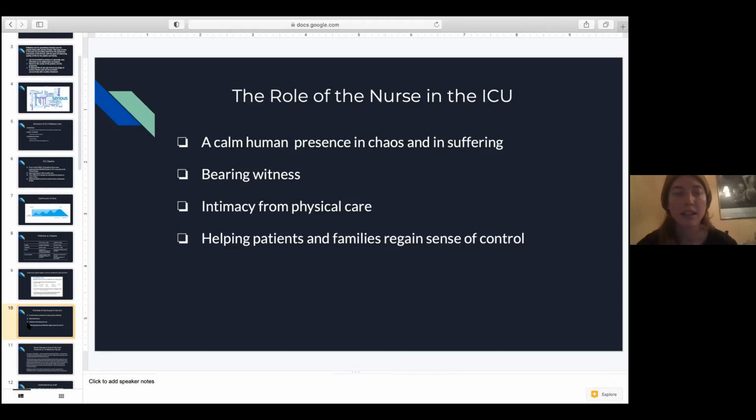So nurses in the ICU, this is in general. Besides charting and cleaning and administering medications, these are some primary roles that we do before we even engage with palliative care. So we become a calm and human presence in the midst of chaos and suffering. And we bear witness to a lot of that suffering. And I think that can be a real source of moral distress and burnout and a lot of issues with nurses,